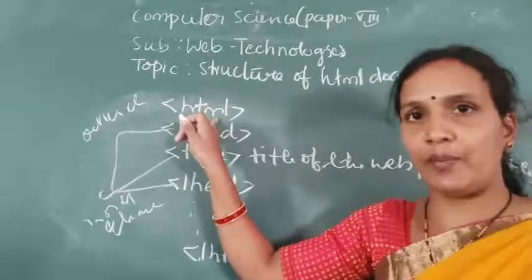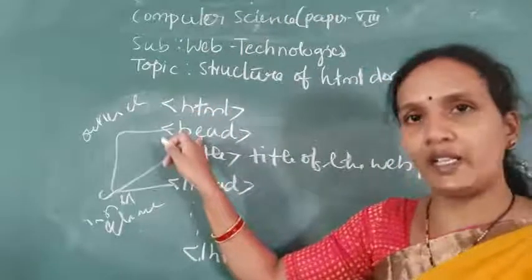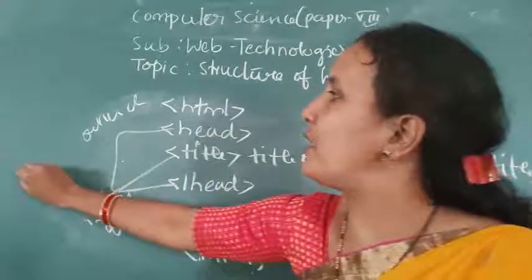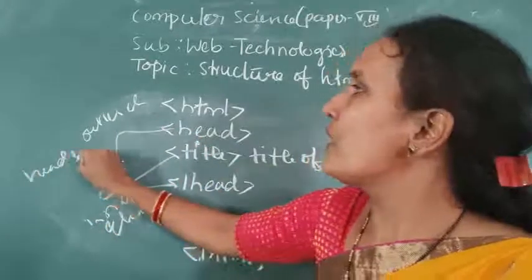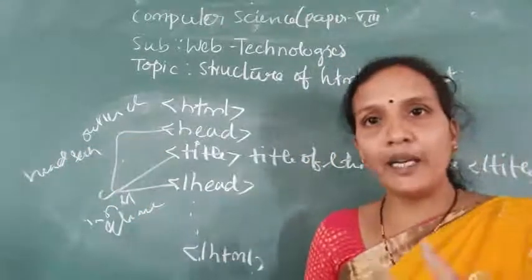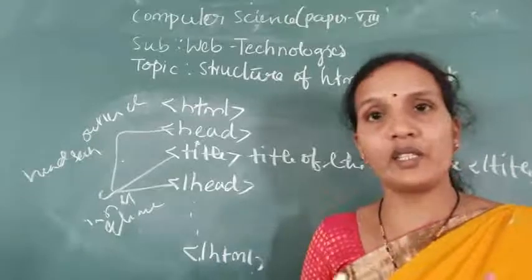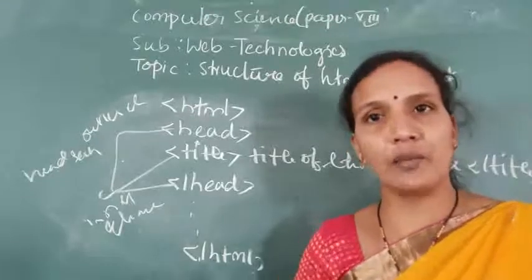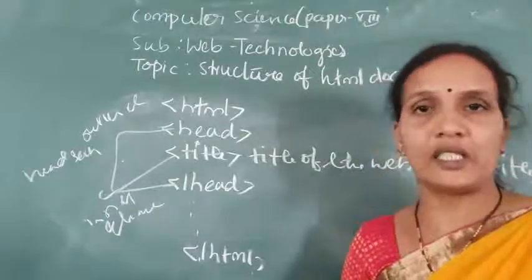Next, after the HTML tag, the next tag is the head tag. This is called a head section actually. This is a complete section, the head section. What is the use of the head section? Head section contains complete information about your document, means who is the author, what is the title of the web page, extra additional information about your document you can include inside the head section.